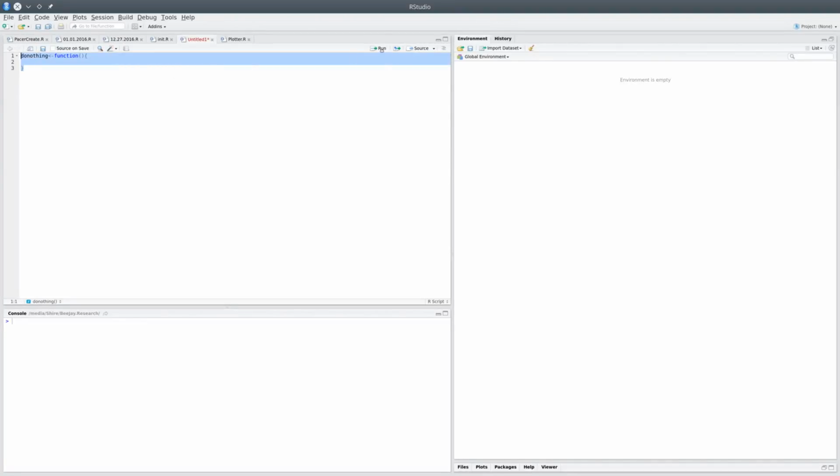That is a function, and if I run it, do_nothing appears in your environment. Keep in mind, any user-defined function would only be stored in your current environment. The moment you close R, or if you start a new session, the function would disappear and you have to reload it